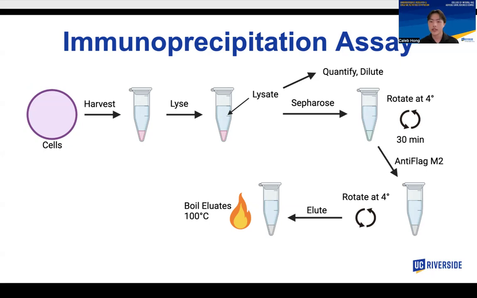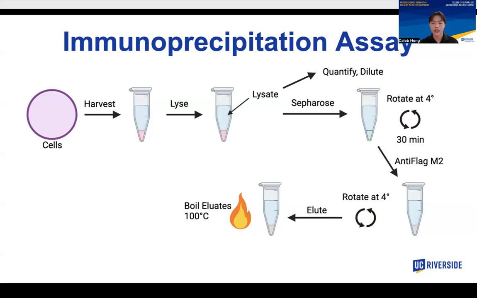We can transfer the rest of the supernatants onto our anti-FLAG M2 beads. And the purpose of these beads is to specifically bind to our DNAJB8 proteins, which, recall, are holding onto our misfolded proteins. So by rotating at 4 degrees Celsius for roughly 24 hours, we can effectively pull down our DNAJB8. At this stage, we can take our clears, which should have relatively little to no DNAJB8 proteins